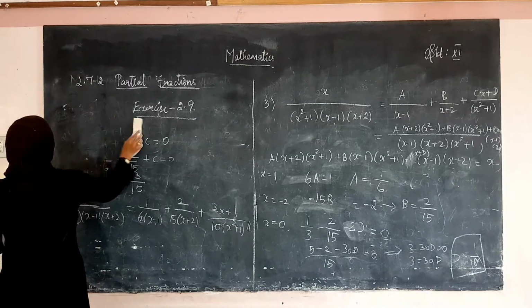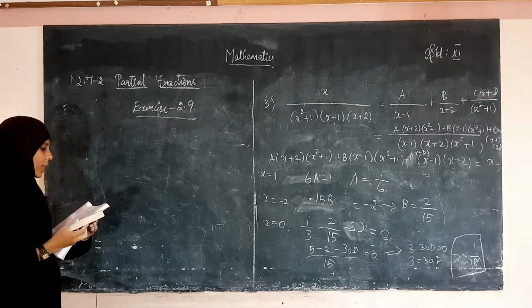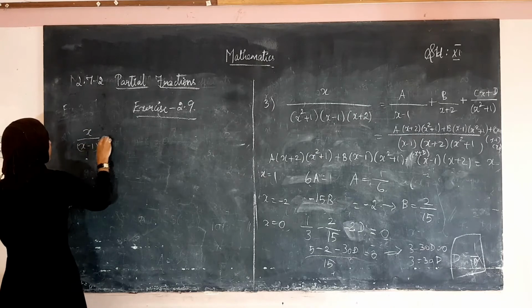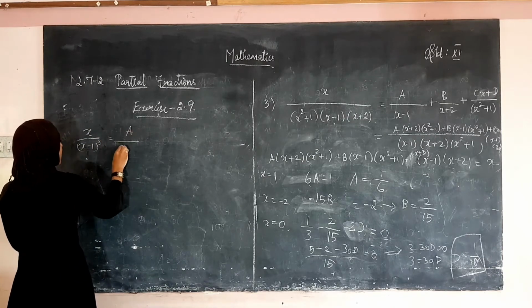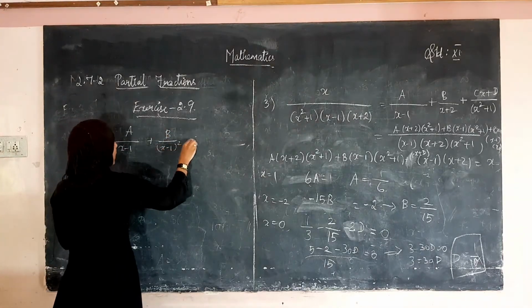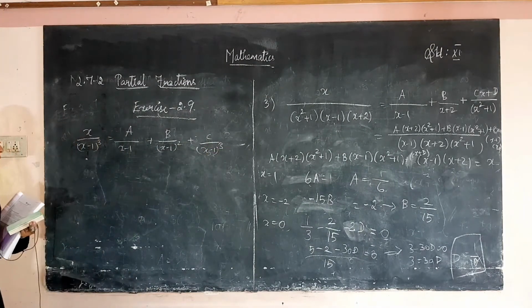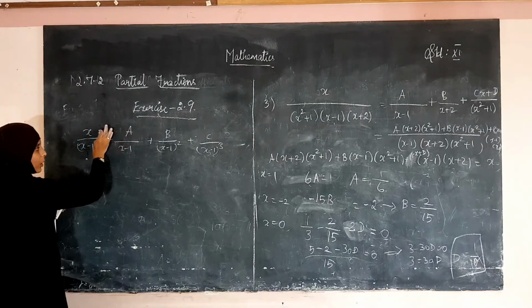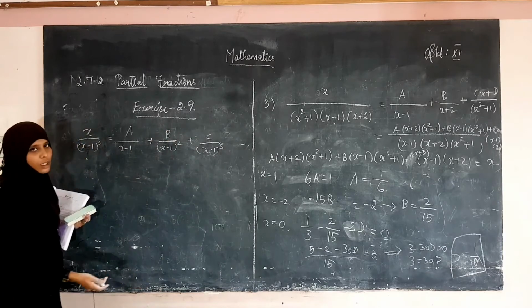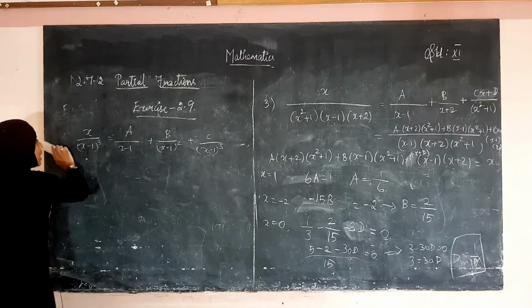Now, the fourth sum. The fourth sum is the assignment for x divided by (x minus 1) the whole cube, right? How can we resolve this? A divided by (x minus 1) alone, plus b divided by (x minus 1) the whole square, and plus c divided by (x minus 1) the whole cube. Okay. And the LCM is (x minus 1) the whole cube, and the numerator, what we get: a into (x minus 1) the whole square plus b into (x minus 1) plus c. Then equate the numerator, then substitute the values and you will be finding the values of a, b and c. This is the fourth sum, the assignment for you.